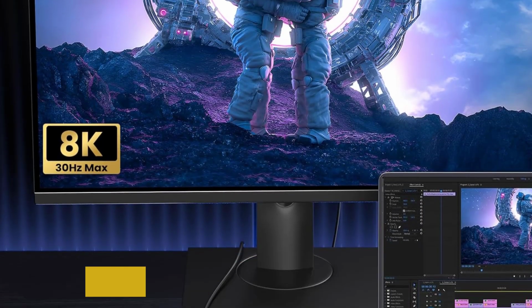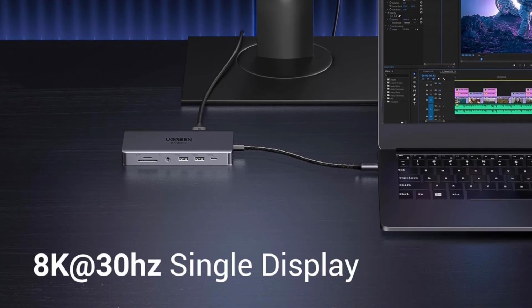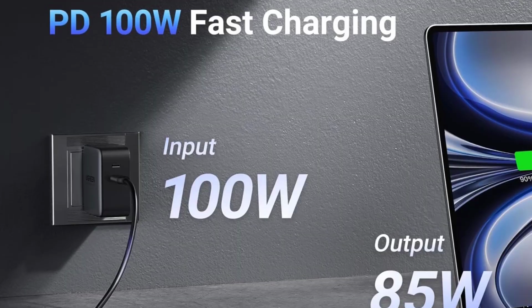The hub also has enough ports to connect to a full, multi-monitor desktop setup, not to mention other peripherals like a keyboard and mouse, even some headphones. It's the best option before upgrading to a full docking station,